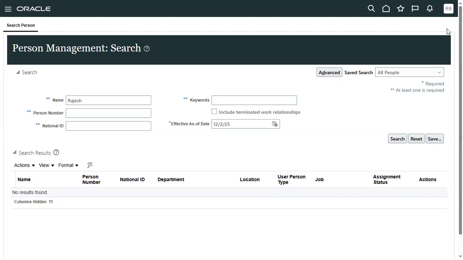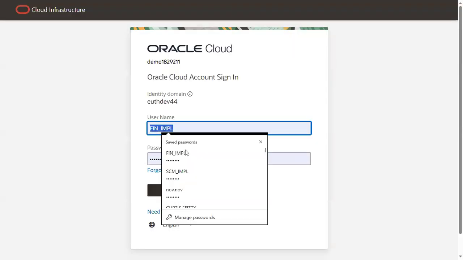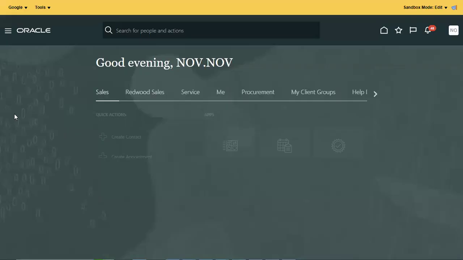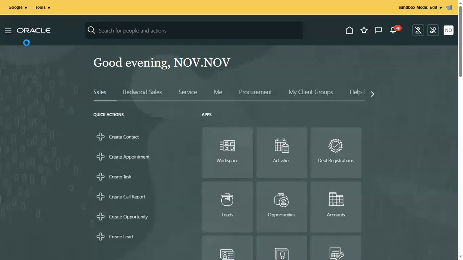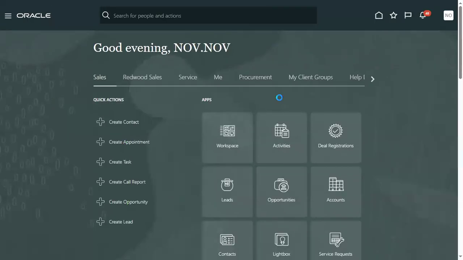Let me just log out and log in. Generally not required. It looks like the application is a bit slow today. Yeah, someone created a sandbox. That's the problem. Okay, let me remove the sandbox. Someone is doing personalization. Yeah, now